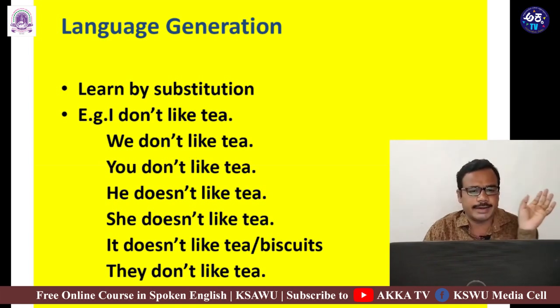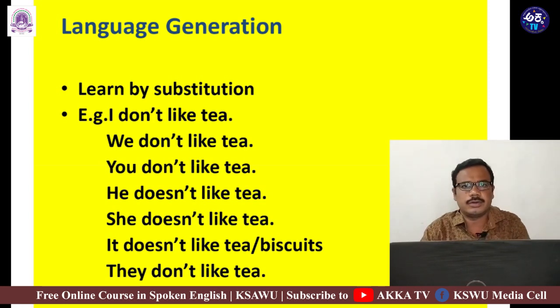I don't like tea is the sentence, right? I don't like tea, and I am saying my opinion, what I like and my likes and my dislikes. I don't like tea is my view and it is my dislike. I don't like tea, my opinion. And then if at all I want to say, this is the opinion of a few of my friends, and